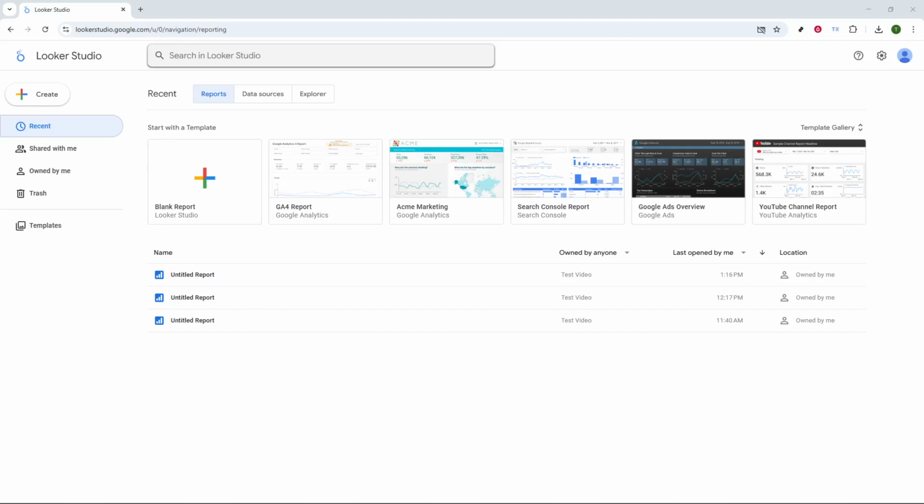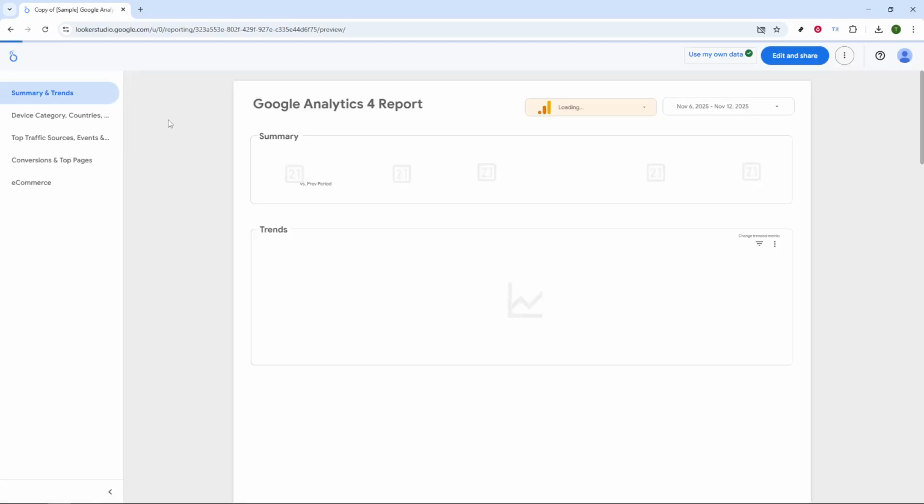First, you'll need to open the template you want to work with and make a copy for your personal use. Think of this as creating your own digital canvas, one that's fully editable and ready for your personal touch. To do this, you'll click on the Edit and Share button or the option that says Make a Copy. This ensures that you are not altering the original template, but are instead working on a duplicated version that is